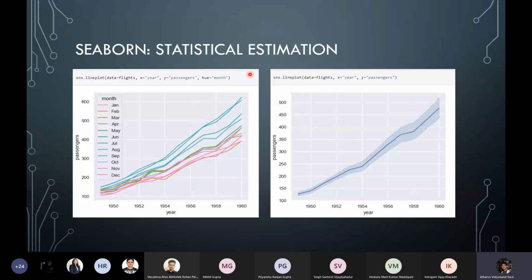Now you can also use it for some more interesting things like statistical estimation. So what you do is, this is another function, lineplot. As the name suggests, it's a plot of the line. The data you're giving is the flight data set, and the data contains the number of passengers traveling in a particular year. So the X is the year, Y is the number of passengers, and the hue is the